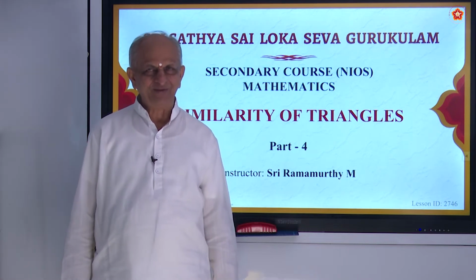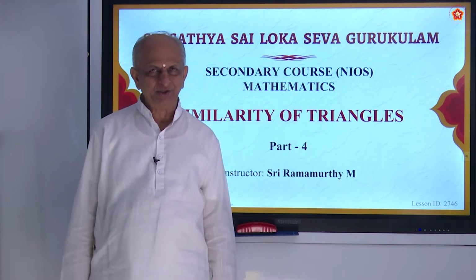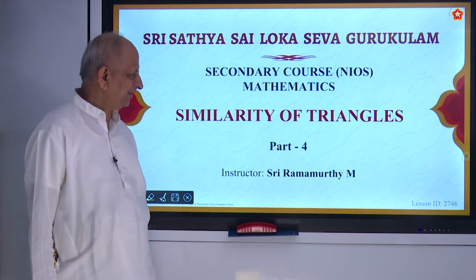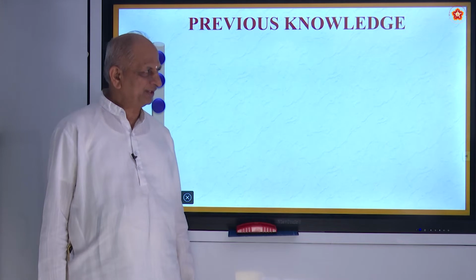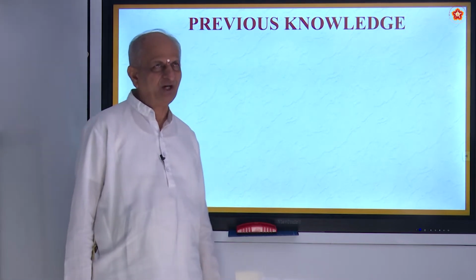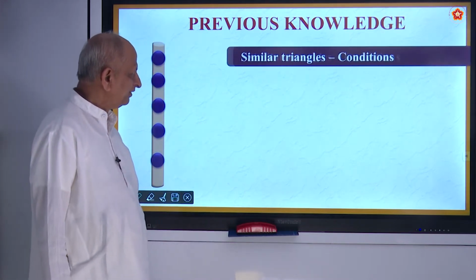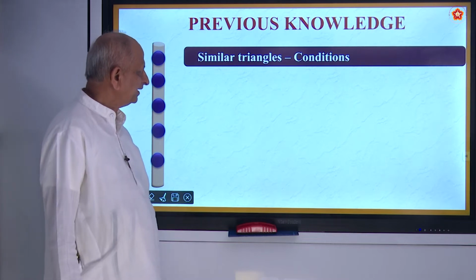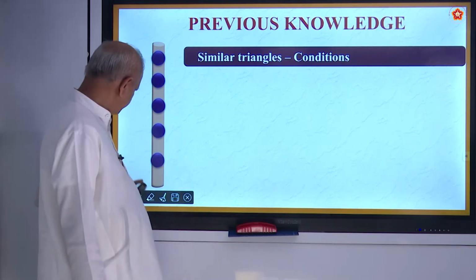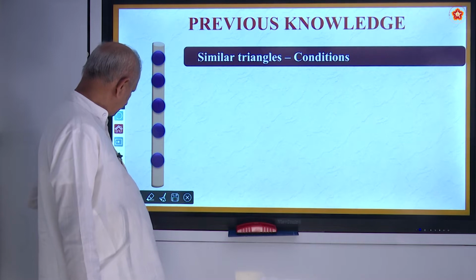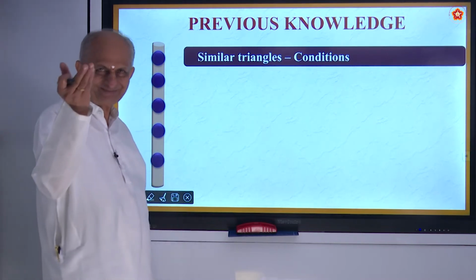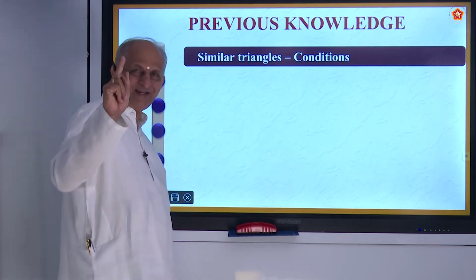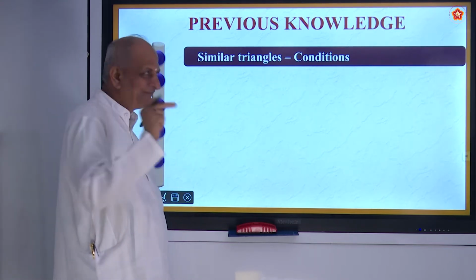We are coming to a very interesting topic of similarity of triangles. In continuation with what we have studied, let us just recall once. Firstly, we have studied about similar triangles, its conditions. Come on, anybody? What are the conditions of similar triangles? Two triangles are said to be similar if,